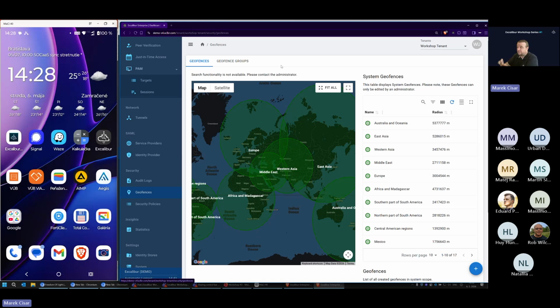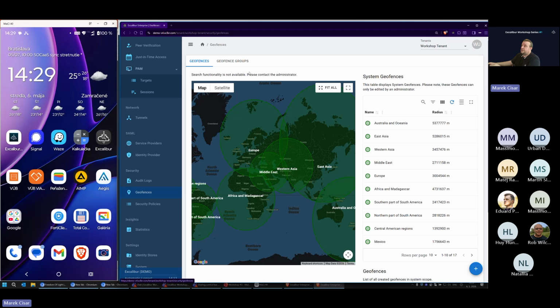Most important information regarding the geofences, as you can see already, there are some configured. You may be asking why. That's because those objects were already created within the system tenant, so they are available for tenants as well, but tenant administrators are not able to modify them, just to use them.